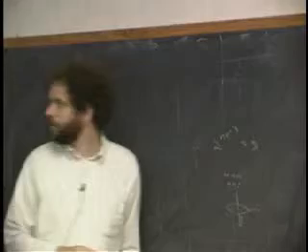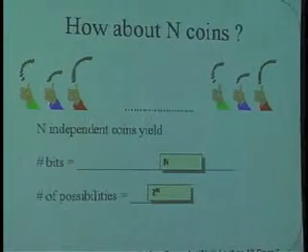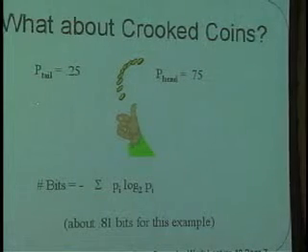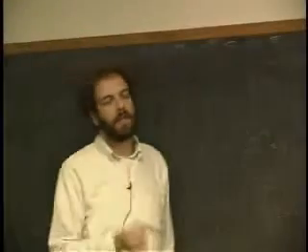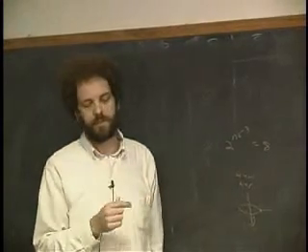Now, how you measure information in general amongst equally likely possibilities: this is just what I wrote up on the board, that if the number of bits is n, the number of possibilities is 2 to the n. The way in general that we measure information is we take a look at how much is resolved by telling you what happened here. Now, it's not necessarily the case in coin tosses, or apparently in politics either, that choices